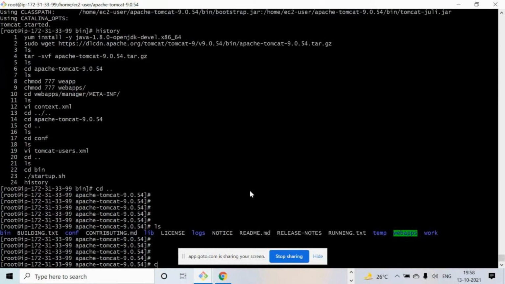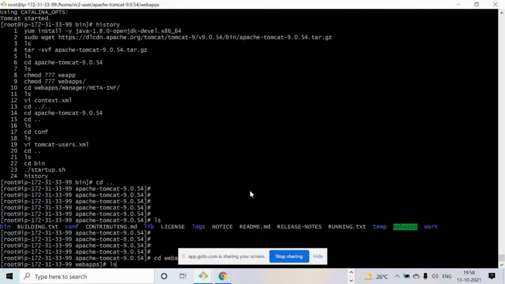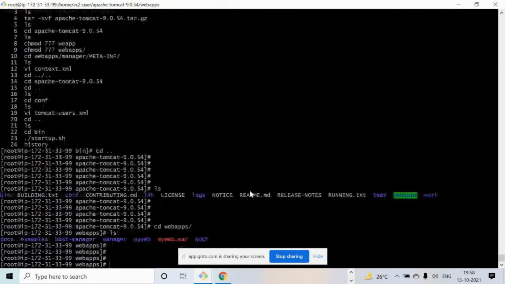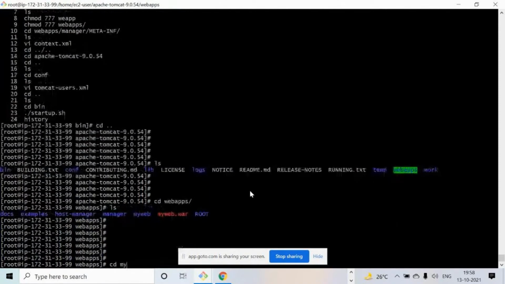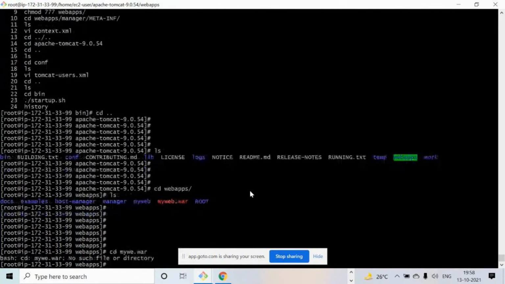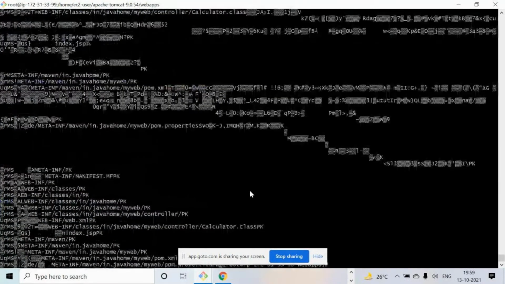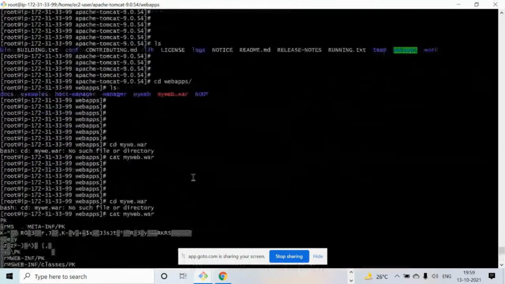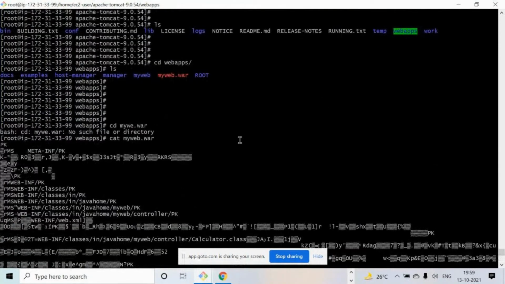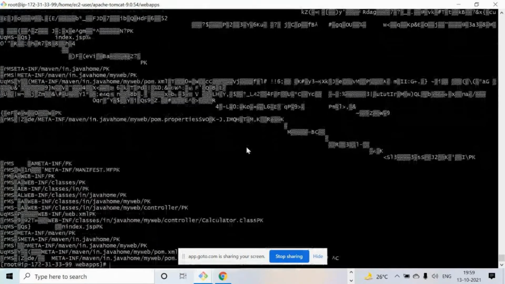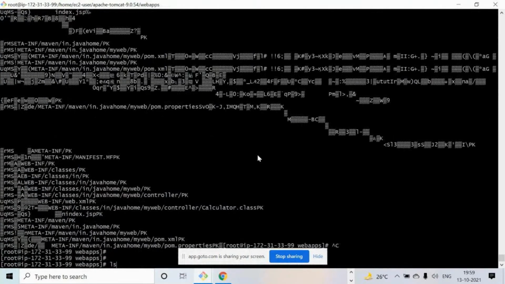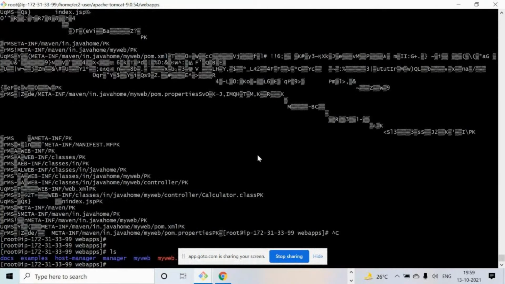Inside the web apps. I think there is a folder my web. Yes, there's my web. cd my web.